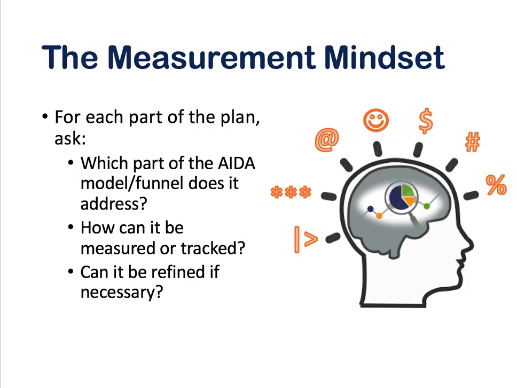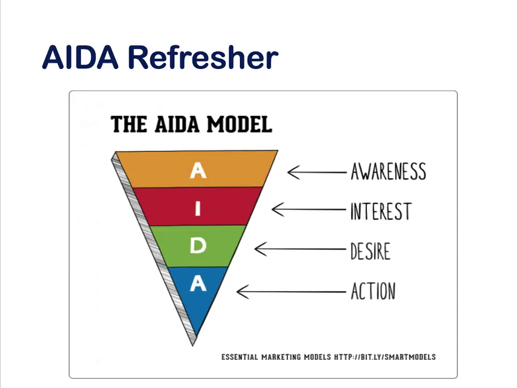And we're going to talk about different types of measurements that we can think about including in just a minute. But before we do that, I just want to give you a quick refresher on the ADA model. So the ADA model has the four components: awareness, interest, desire, and action. And just like I mentioned a few moments ago, and like we mentioned the first week of class, when we're putting together marketing plans, each piece of the implementation stage should address at least one of these four things and be tied to one of these four types of objectives, if you will.